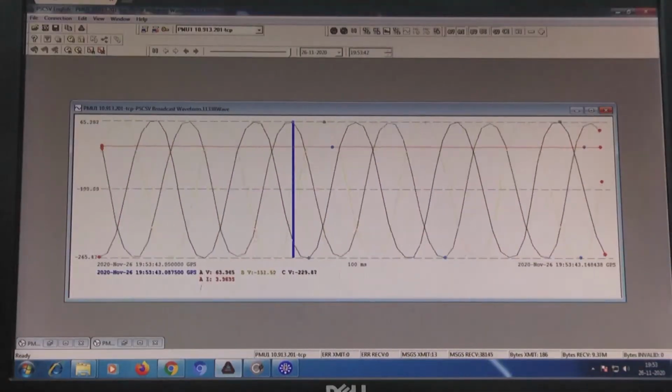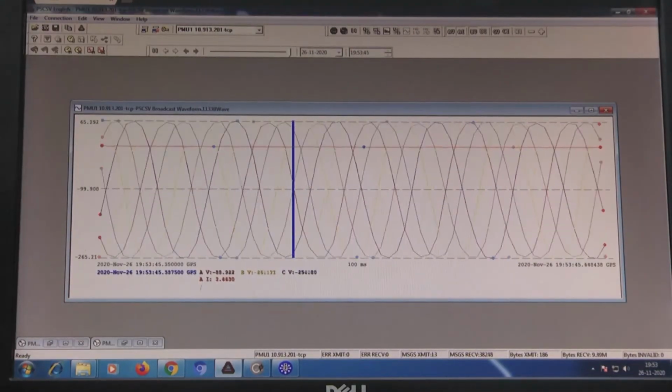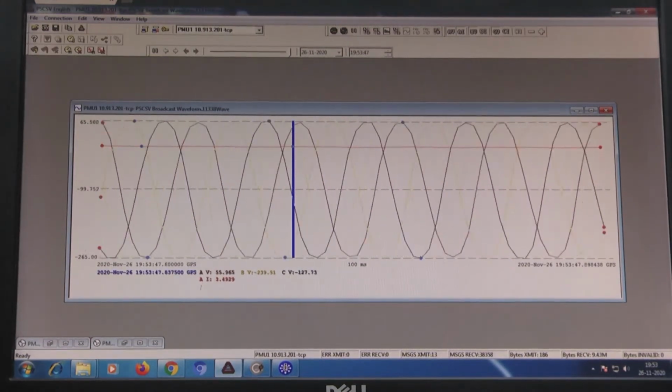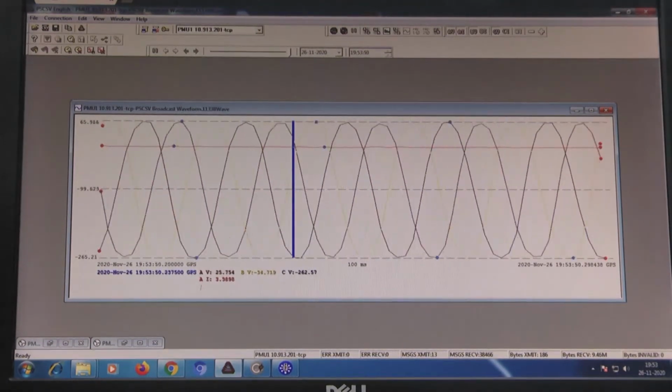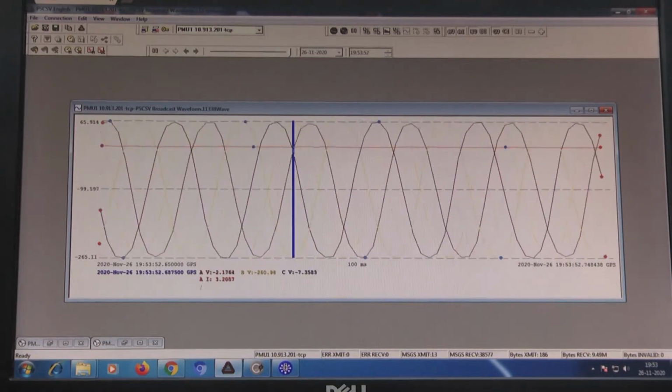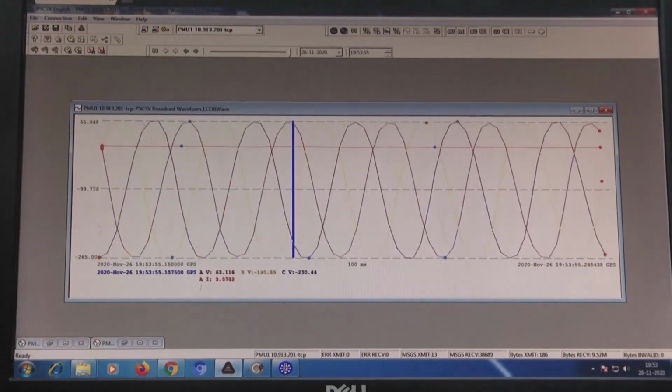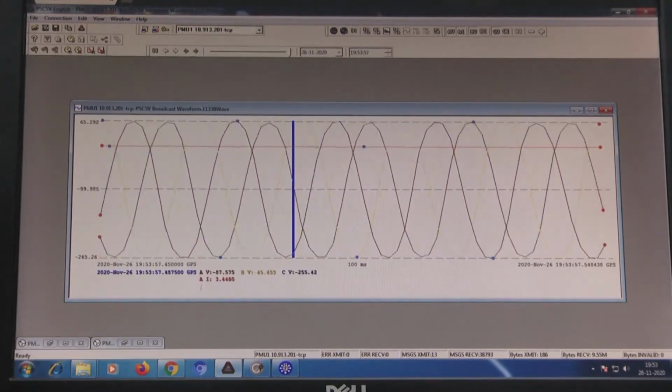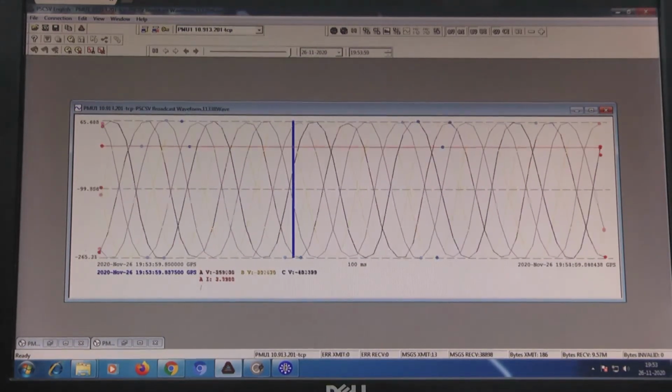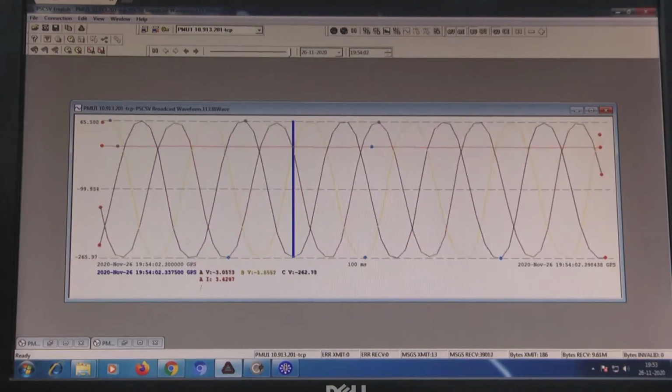So, we have two PMUs, PMU1 at the generator side, the synchronous machine side, and PMU2 at the grid bus. These two PMUs are connected through LAN to the PDC, and the PDC is this PC. Through this PC we will observe the two PMUs' data in real time. We will see the waveforms, the polar plot, and the angle deviations between these two PMU buses. First we will see the waveform.